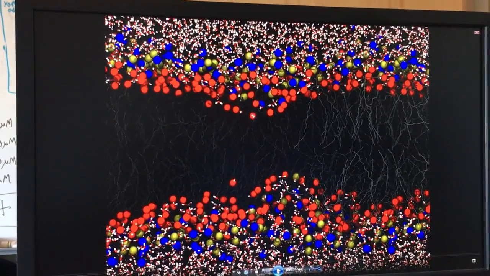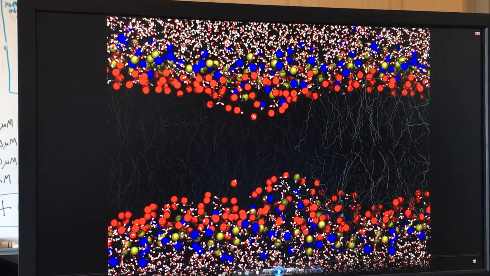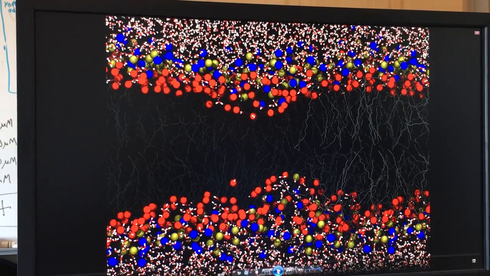From one of our simulations of a little piece of a lipid bilayer, a simplified version of the cell membrane. At the very top and the bottom of the image, you'll see the water molecules that would be inside and outside the cell of the cell membrane, and the red, blue, and gold spheres are the head groups of the phospholipids that make up the bilayer. And the gray, kind of shadowy lines in the middle of the screen are the lipid tails that form the